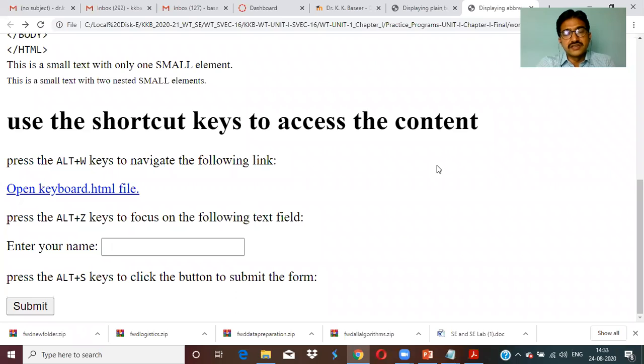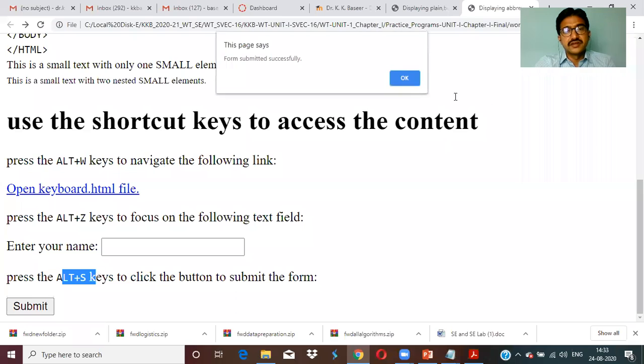When I press Alt Z, see, my mouse is somewhere on top. Just I'm pressing Alt Z. Once you want to submit this one, you can use Alt S. See the message, form submitted successfully.